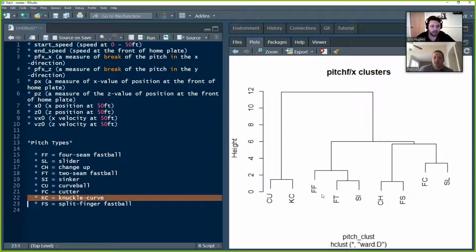Yep. Looks like FF, FT, and SI. So sinkers, 4-seam fastballs, and FT, 2-seam fastballs. I mean, that's a quick gut check. That group makes sense. CH and FS. Which ones are those? Changeup and split